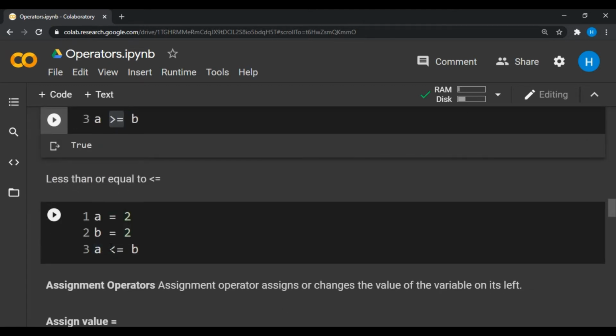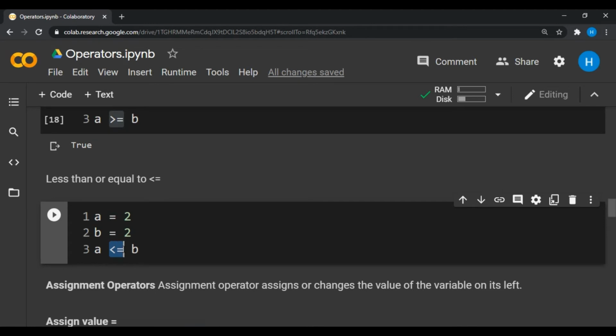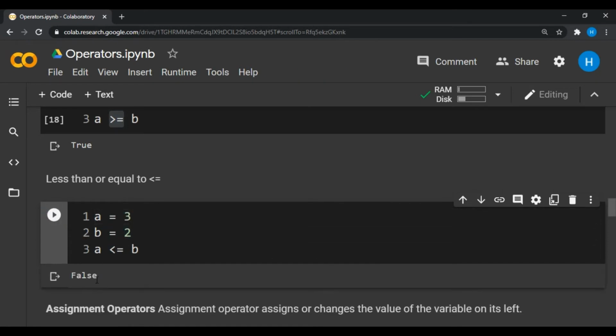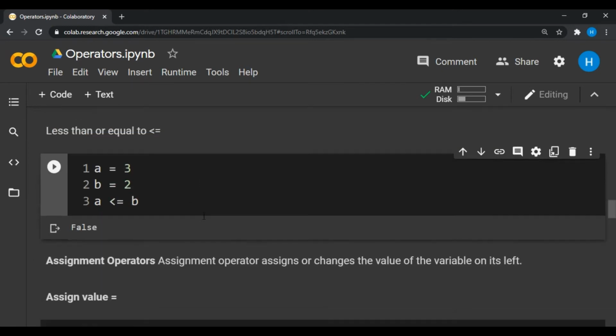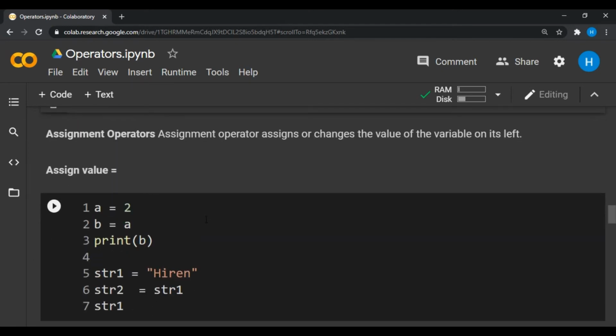And similarly if you want to check for less than or equal to, you write the less than sign first and then the equal to sign. Let me change the condition and make A greater than B. In that case our output will be false. So these are the logical operators.